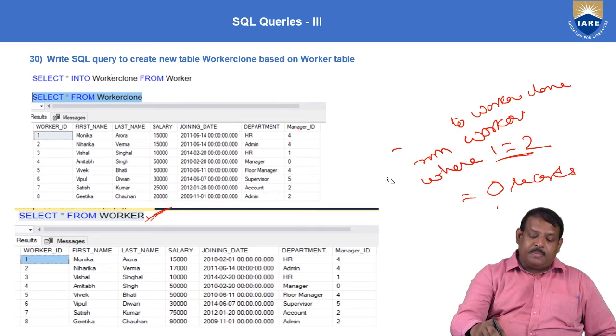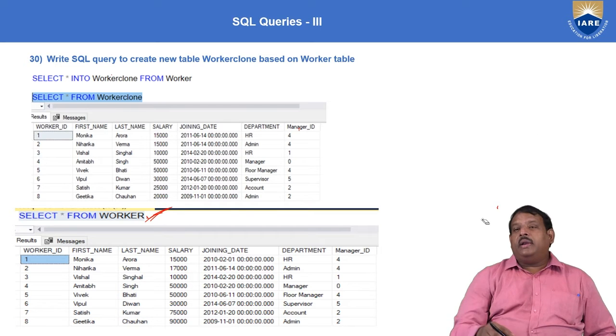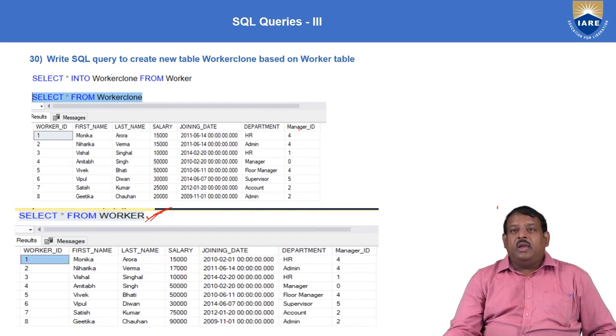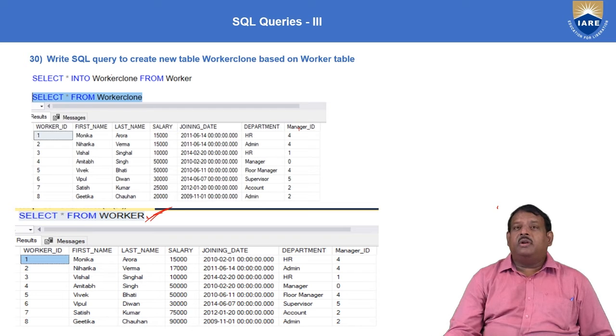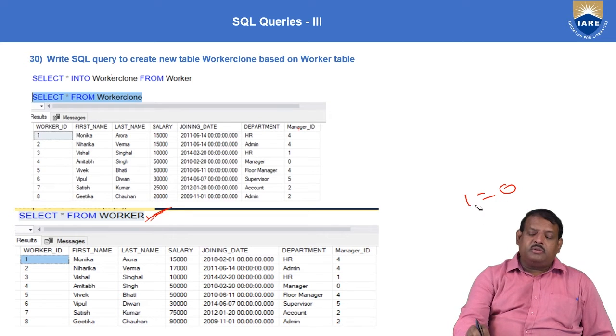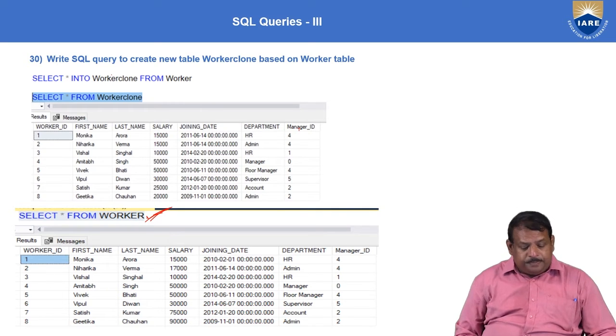Okay, this is the into command. The into command is used to copy the content from one table to another table along with the structure and the data. If you don't want to have the data, introduce some false condition: where 1 is equal to 2, or 1 is equal to 0, or some other false condition. You can write where 1 is equal to 0 or 1 is equal to 2. Only a condition that does not get satisfied. Then when your condition is not satisfied, you are not going to get any records.